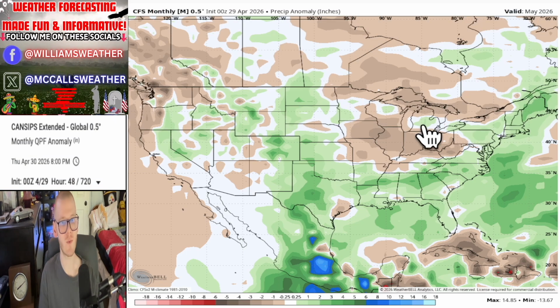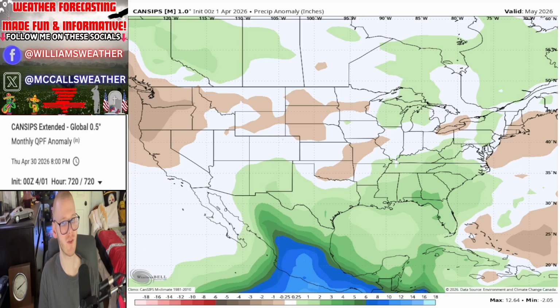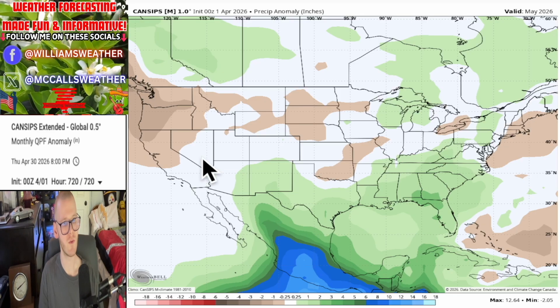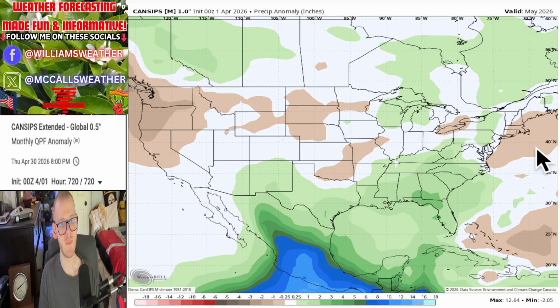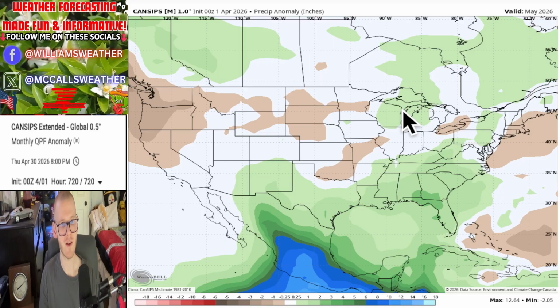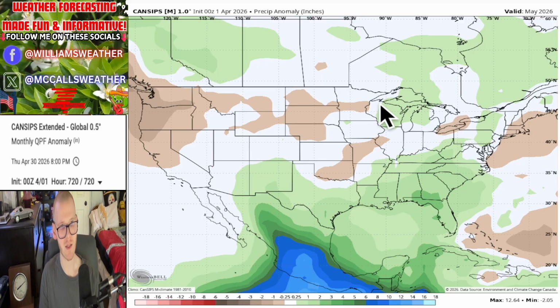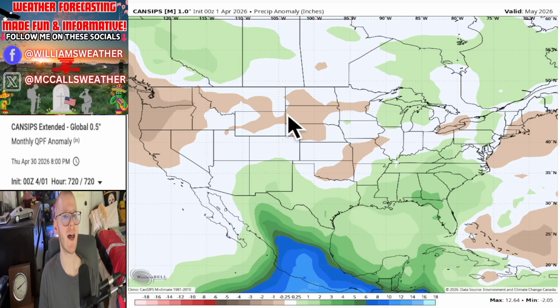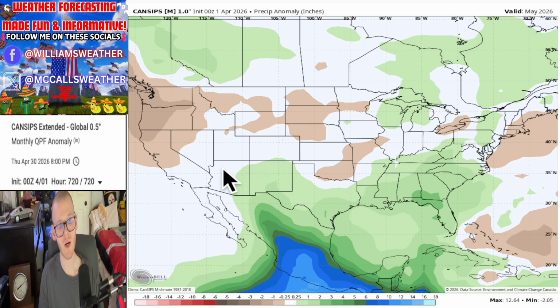CanSIP seasonal, this one's more in alignment with what the Climate Prediction Center shows us, but I would also be in agreement with this as well. I think the southern half of the country down here in the southeast is going to be above average. Northwest is going to be below average. Mixed bag up here in the northeast, and also a mixed bag up here in the Great Lakes and upper Midwest region, but leaning below average here in northwest and here in the central and northern plains. And also, I would expect the southwest to dry out as well. So, what do the experts have to show us?